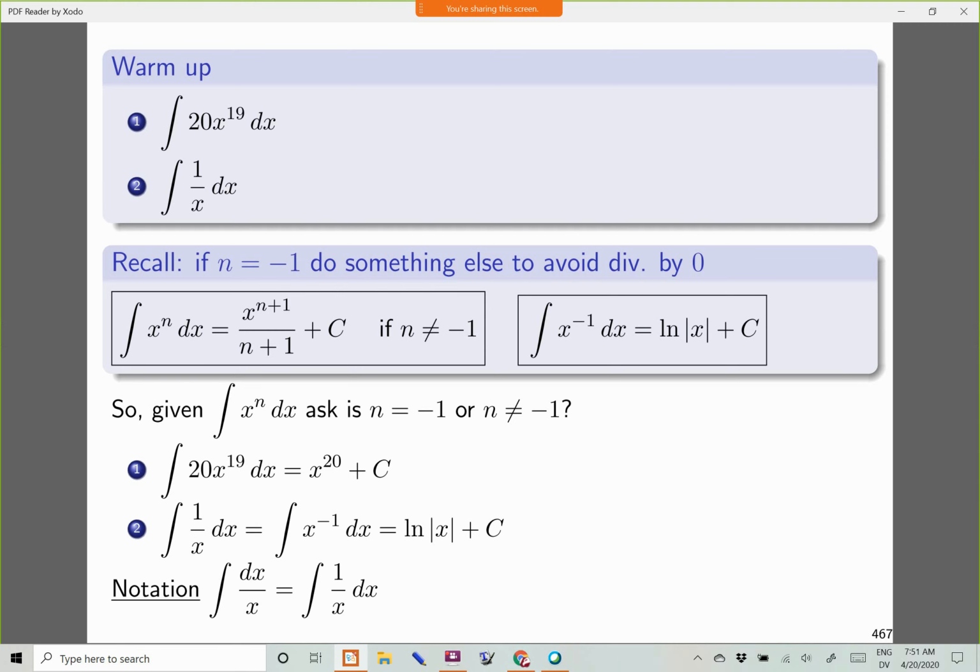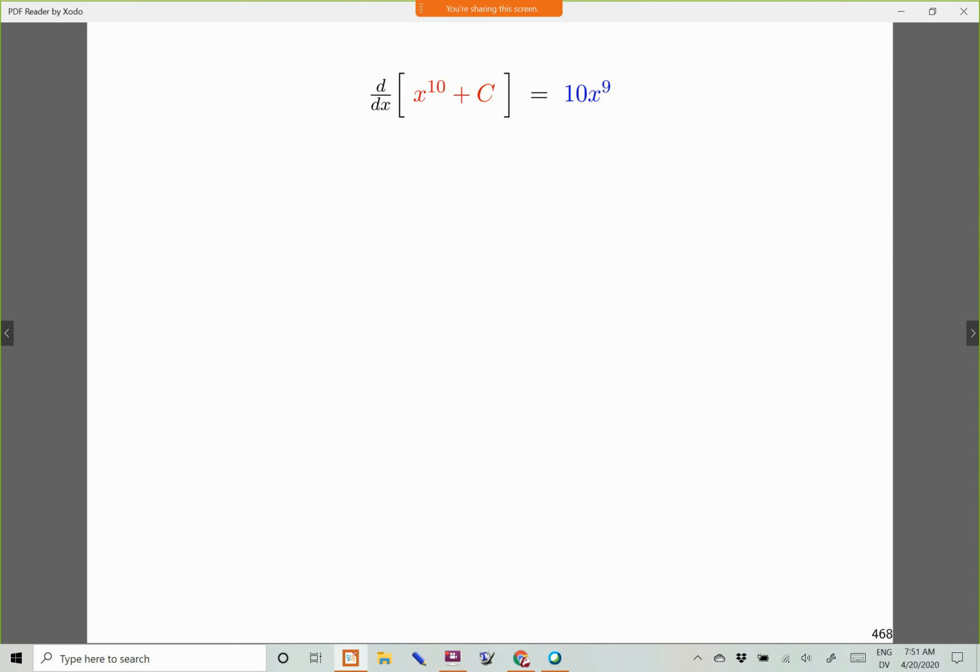Again, notation going on is what's key. So let me make a bit of a copy of a slide from last time, but I just wanted to change up how it was said just a little bit. Not this top part. So the derivative of what's in red, taking the derivative of x to the 10th plus a constant, plus a plain old number, that's what that c stands for, gives you 10x to the 9th, right, using the power rule. So if you swap things around, take a look at where the blue thing went.